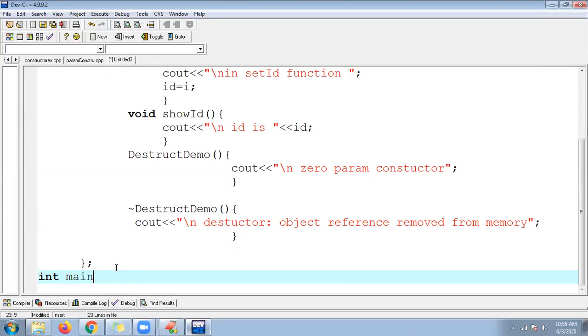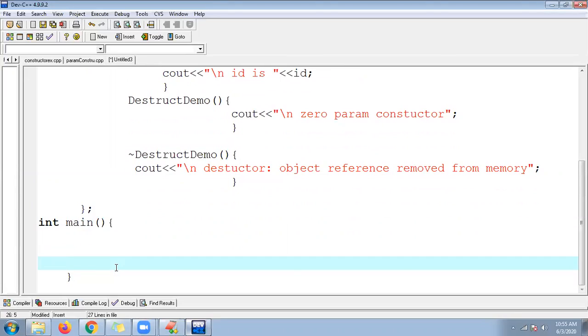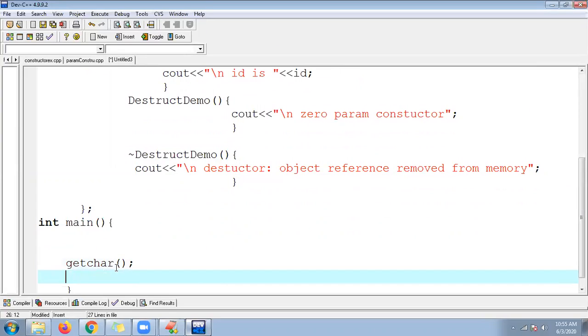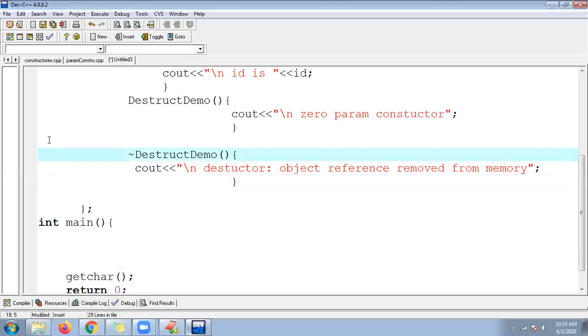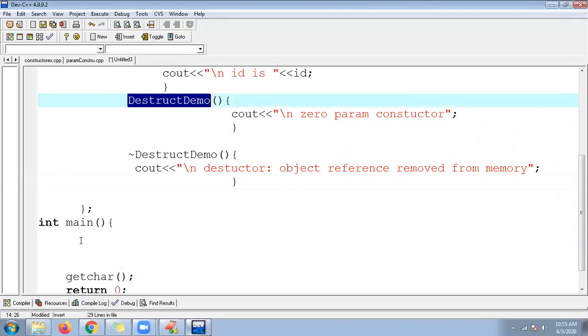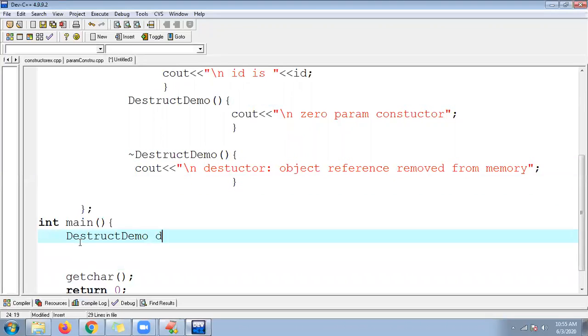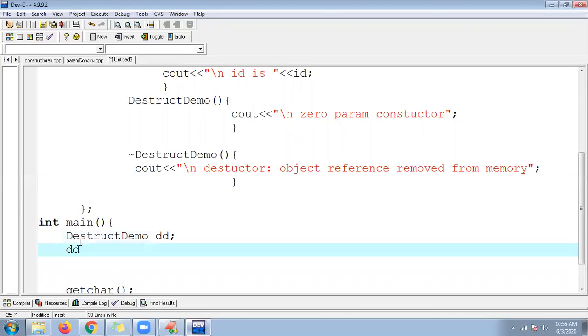So let me go to my main. int main, and here is my getchar, and return 0. Let me use the class name: Control C, and dd. dd dot, let me set the values.